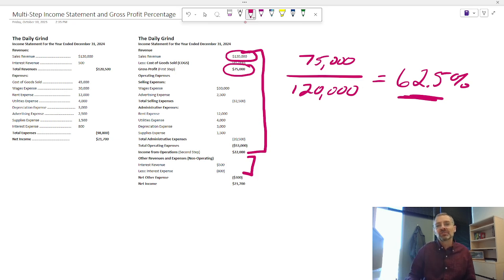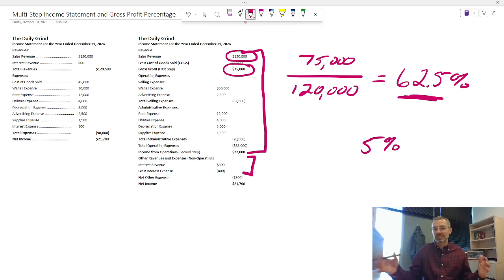What you will also see is various industries have different gross profit percentages. So you might be in what's called a low margin industry, and you might have a gross profit percentage of, let's say, 5%. So for every dollar your customer gives you, you only get to keep 5 cents of it. Now, what industries might those be? Well, guess what? Grocery stores. Grocery stores are very low margin. For every dollar of product that they sell, they might only get to keep 4 cents of it. So how do they actually make money if they get to keep so little of it? They have to sell a lot of groceries, right?